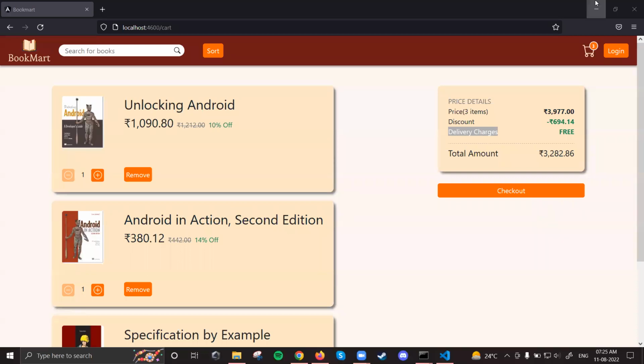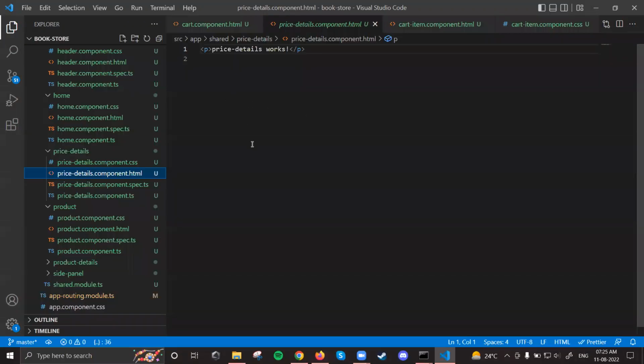Okay, so we have to do all these things in the price details component. In the price details component, let's first create the layout. Then we'll see what coding we need to do there. We just need to add, because price details is already there in the cart service, but we need to add the delivery charge to that. That's it. So div,